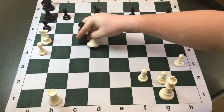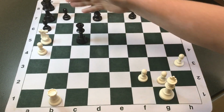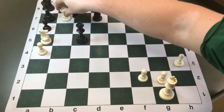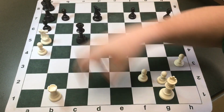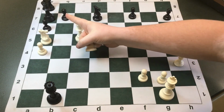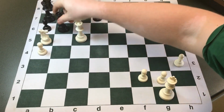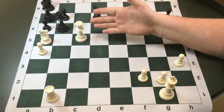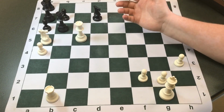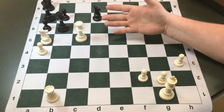Because if the queen moves out of the path this way, then that's checkmate. And the queen can't move out of the way this way because then you're putting yourself in check. You can't do that. So we can take advantage of the fact that this queen is skewered. We don't have to